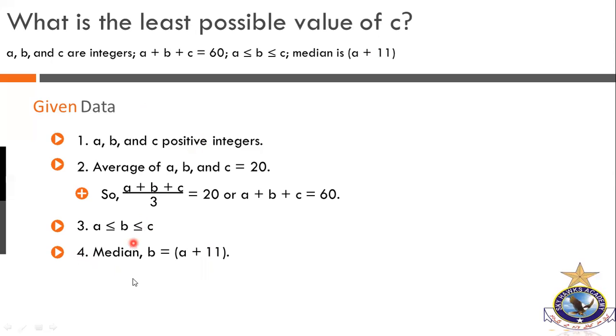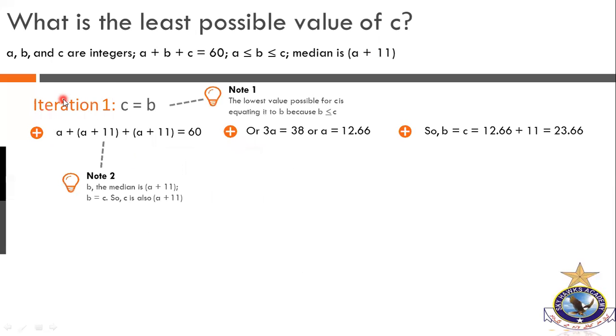We will have to make use of these four given things, and we will have to decide about the C. What is the least value out of 21 to 26? So anyhow, let's see. I'm sure that you have got this one because it's very simple what we have written over there. That is step by step. So we are just putting the given data in a sequence, that what is given. And next is, now let's see, the next one is